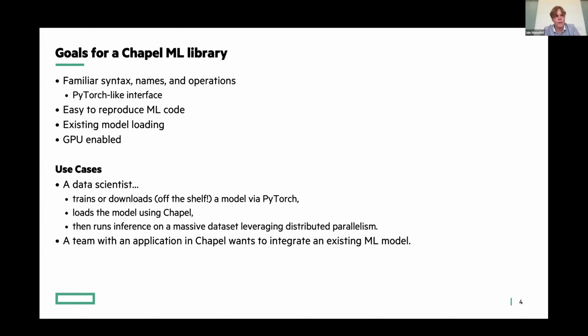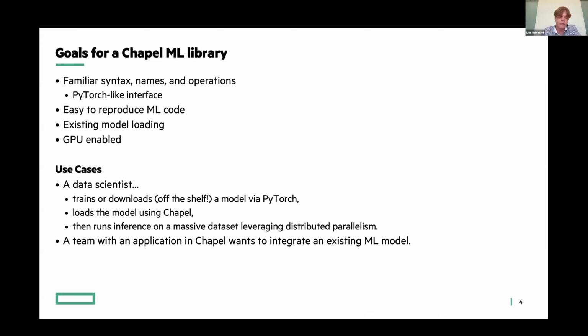And if you have data or existing models that are already trained using one library, there should be tools on the Chapel side that make it really easy to pull it in and utilize what you already have with minimal work. That would make the barrier to entry for Chapel very low.